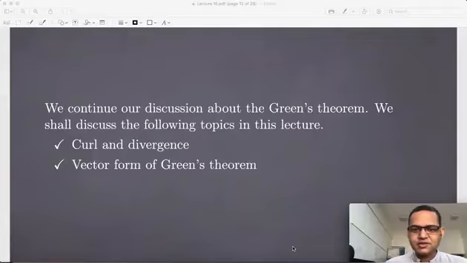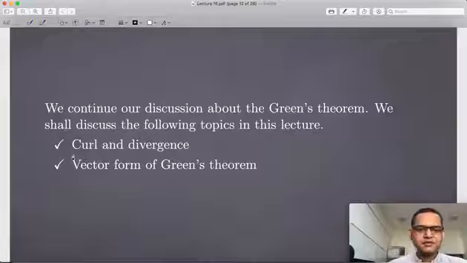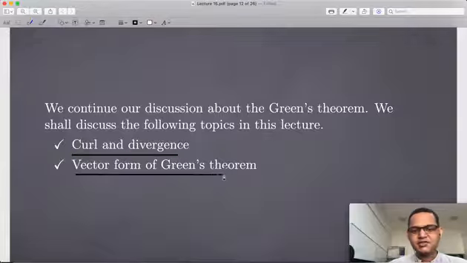To continue our discussion on Green's theorem and talk about some new concepts, and also see how Green's theorem looks in vector notation. Then there are going to be other statements which can be deduced from Green's theorem, so there will be a different